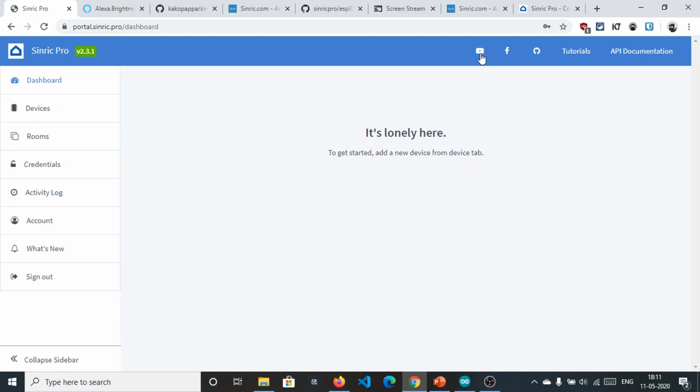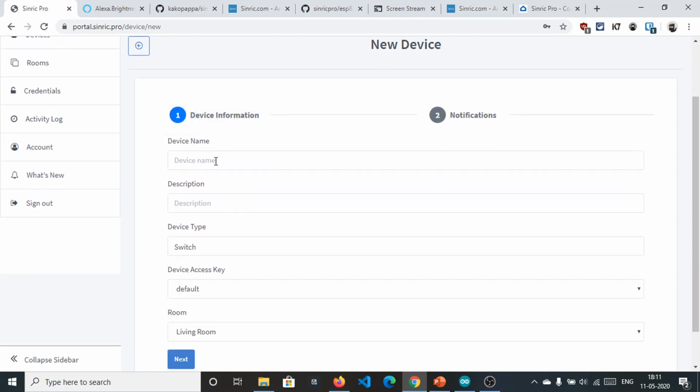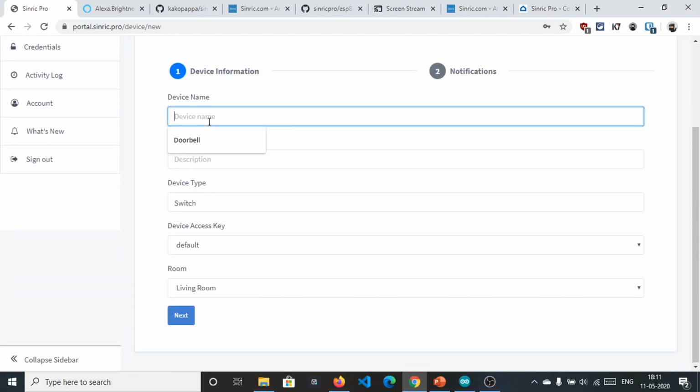So we have dashboard, devices, room, credentials, activity log, account, these whole things. But what is important to see here is device, which we need to add. Click on add device. All these fields are mandatory.